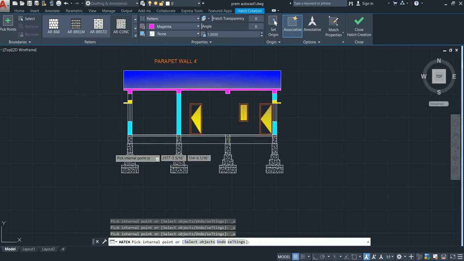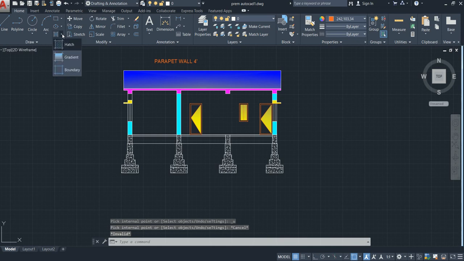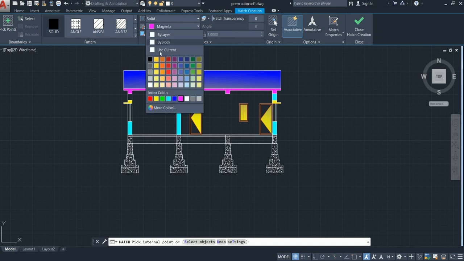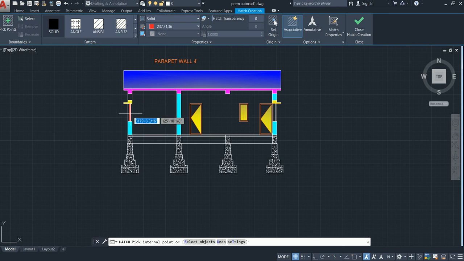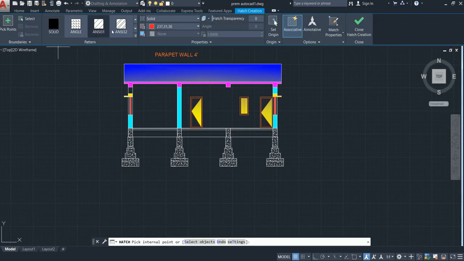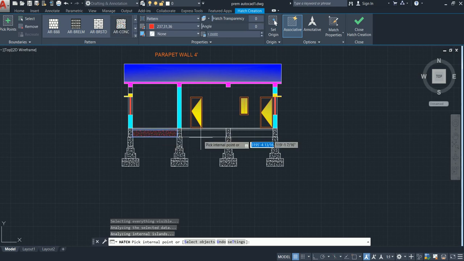Now you need to go with this wall also. What color you need to provide for this, inside this wall a window is there, I am going with this color, so skip it. Now go for this, go for AR concrete. Now you can see my job has been completed.